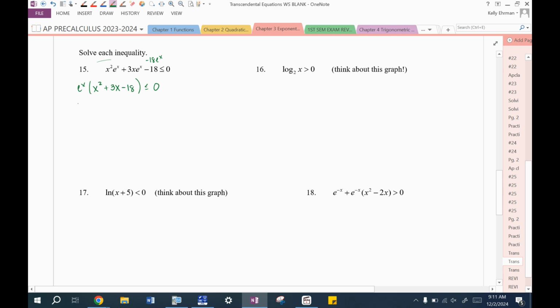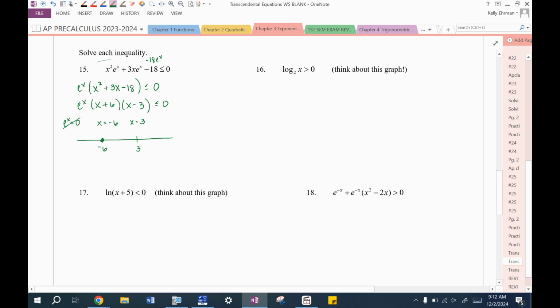Okay, then we need to factor this a bit more. So e to the x is out there. This would be x plus 6, x minus 3, less than or equal to 0. And remember, you're trying to set these equal to 0 to get your critical numbers. Is e to the x ever equal to 0? No, because you can't natural log 0. X plus 6 could equal 0. X would equal negative 6. X minus 3 could equal 0. X would equal 3. And then you put these on a number line